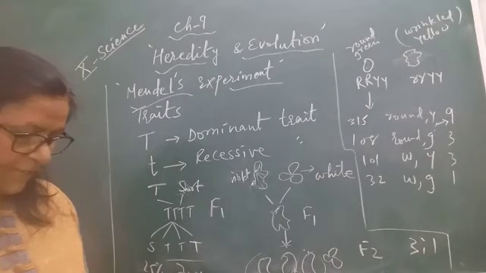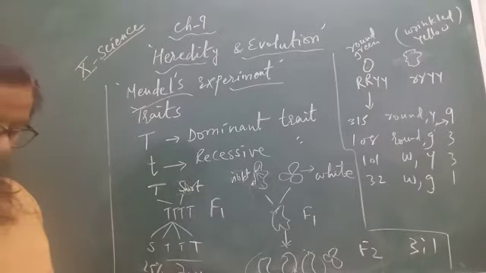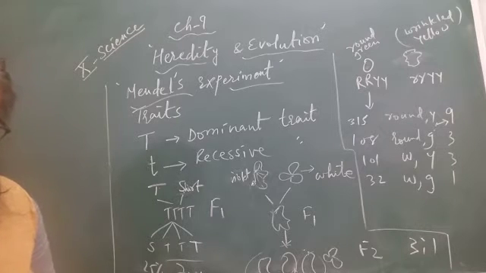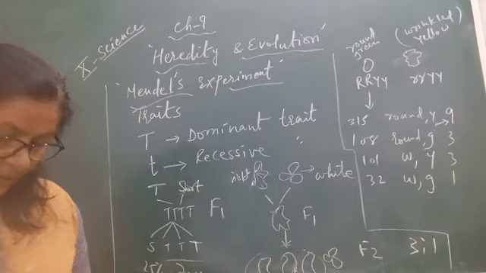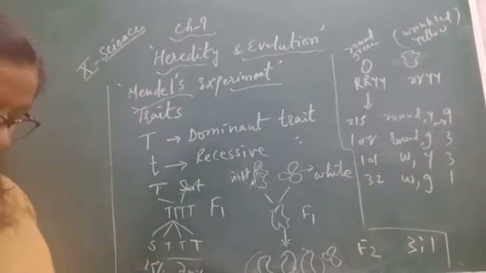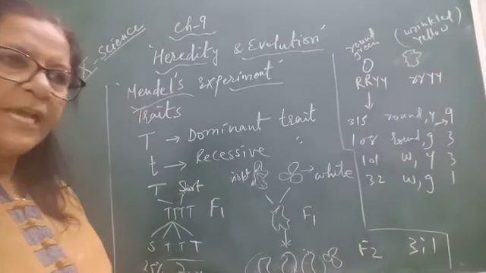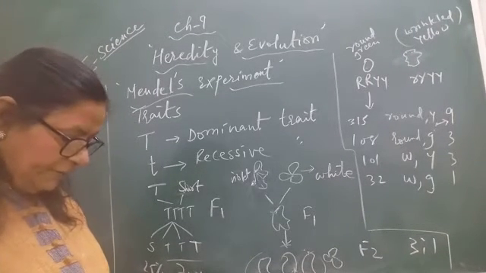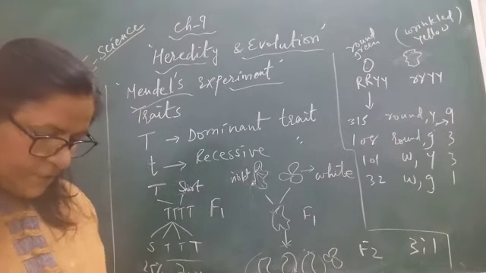Consider now an enzyme that is important for this process. If this enzyme works efficiently, a lot of hormone will be made and the plant will be tall. If the gene for that enzyme has an alteration that makes the enzyme less efficient, then the amount of hormone will be less and the plant will be short. Thus genes control the characteristics and traits. So what controls the characteristics and the traits? The answer is gene.